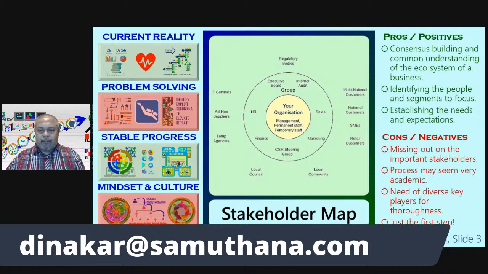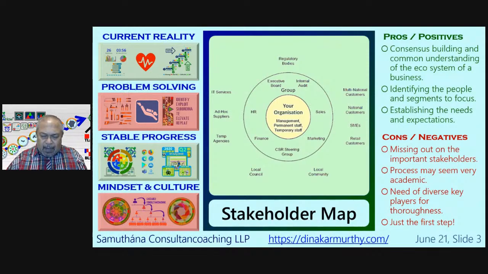So, with that very brief introduction, let me directly jump into the topic of the day, which is to talk about the stakeholder mapping and more specifically the pros and positives of stakeholder mapping. On Monday, I gave an introduction to stakeholder mapping, which is basically identifying the people who are interested in your company's well-being and who are stakeholders of your company. Typically, five groups, which would be customers, people, shareholders, suppliers, and society.